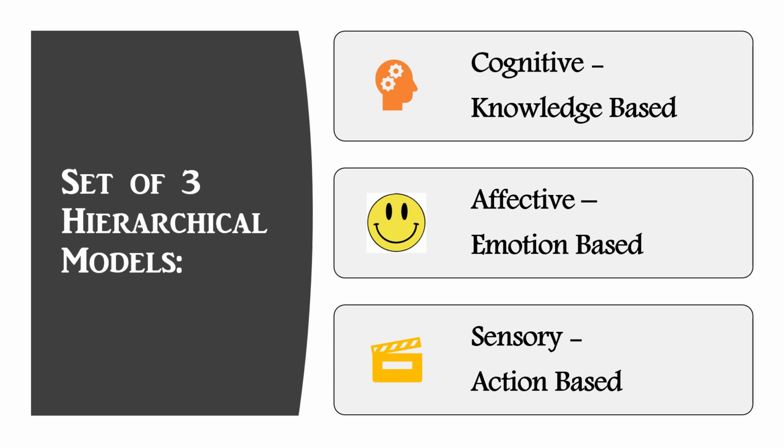Second domain could be affective domain, which is emotional based, wherein emotional growth and attitude has to be monitored. And the third one, which is sensory or psychomotor domain. Here basic motor skills, coordination, physical movement, speech development and action based learning could happen using sensory domain. So educators have been using this as a guideline for curriculum development, assessment and instructional strategy.